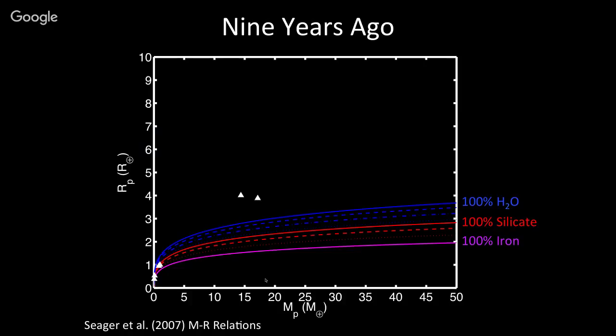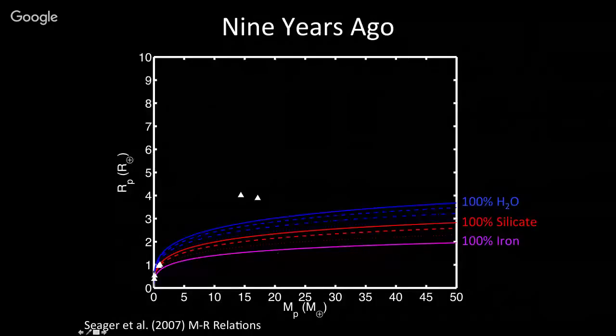So here I'm showing a planet mass radius diagram where planet mass in Earth masses is on the horizontal axis and planet radii in Earth radii is on the vertical axis. And each of these colored curves are theoretical mass radius relationships for hypothetical constant planet compositions. So the solid blue, red, and magenta curves are for hypothetical pure water, pure silicate rock, and pure iron planets,